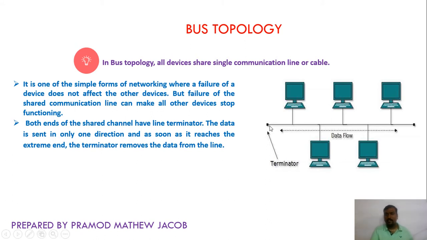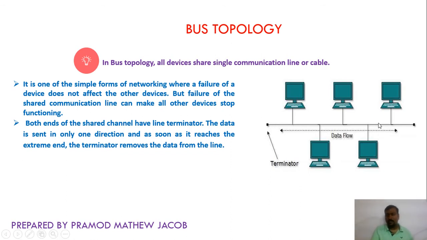See this figure. There will be a single bus or a single common connecting line to which all the computers are connected. So in this bus network, if a particular computer is failed, it will not affect the communication between all the other computers because they all are connected to a common bus or a common communication connecting line. Both ends of the shared channel have a line terminator. So the packets are transmitted from the sender side to the receiver side, and it will be received by all the computers in that particular bus,